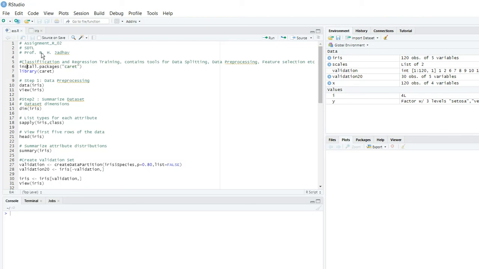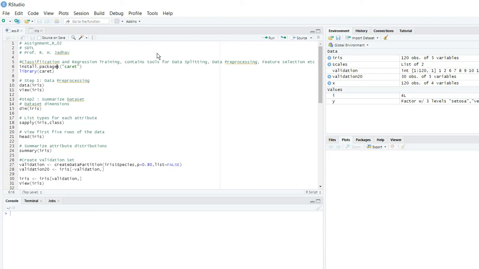So first statement or first line of the code is install packages caret. So caret stands for classification and regression training, and this package is containing various tools related to data splitting, data pre-processing, feature selection and so on. So that is why we need this package caret. Okay, as we will be doing data pre-processing, we will be splitting the data.